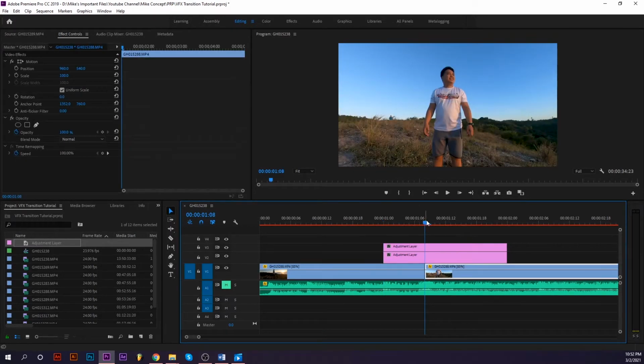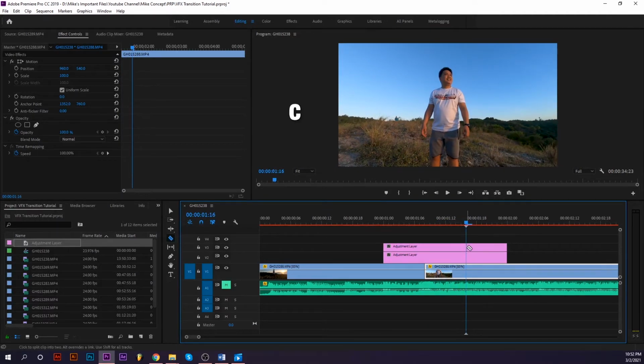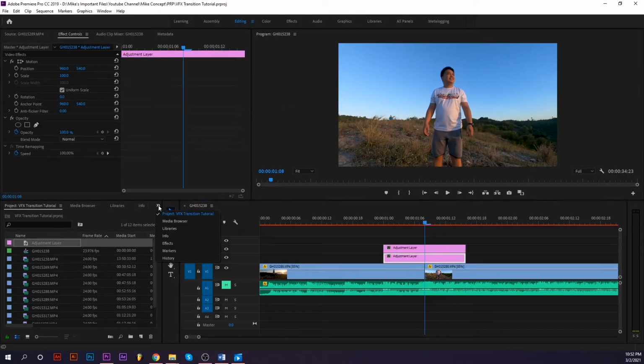And then same on the other side. Cut 8 frames. 1, 2, 3, 4, 5, 6, 7, 8. C for cut. And then Ctrl X to delete. Go to the effects panel